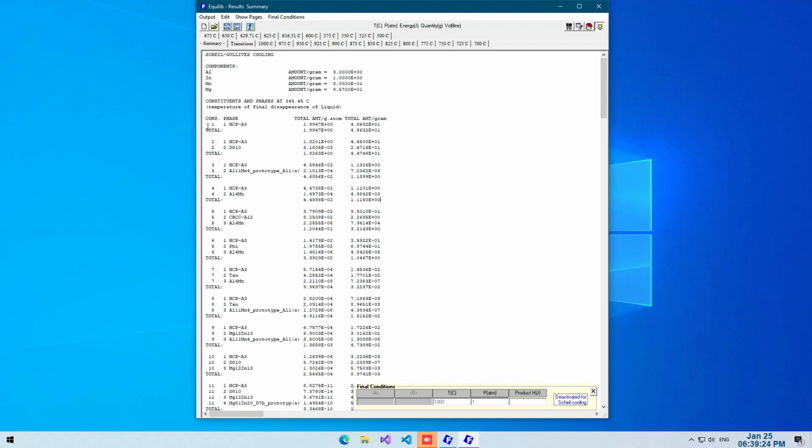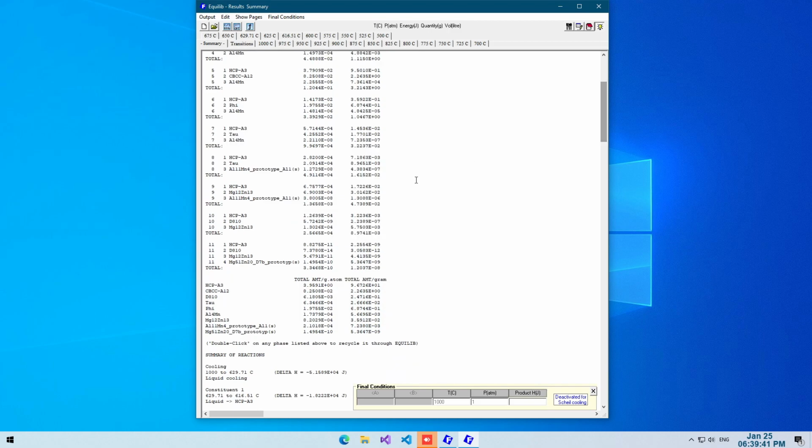For constituent 1, this shows that this solid precipitates out first, and then in the next step these two solids precipitate out together. Similarly, you can see that we have a total of 11 solids precipitating out of the liquid.